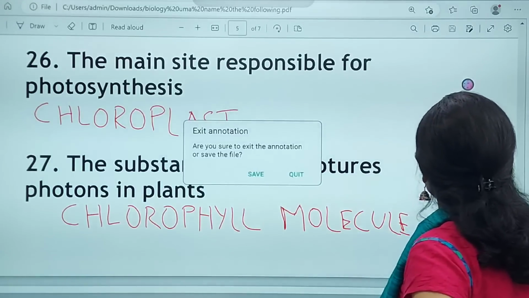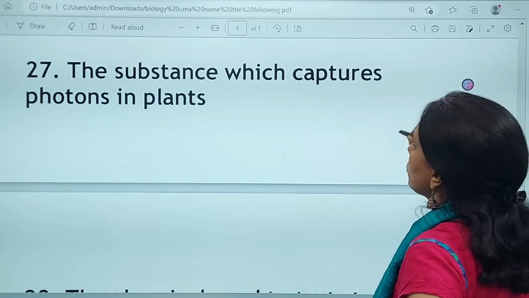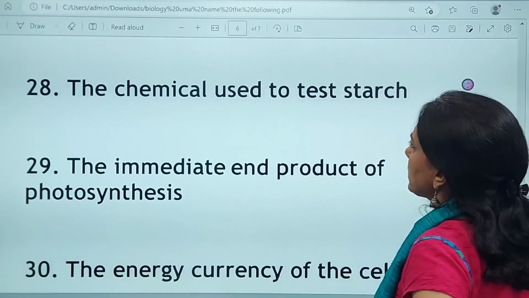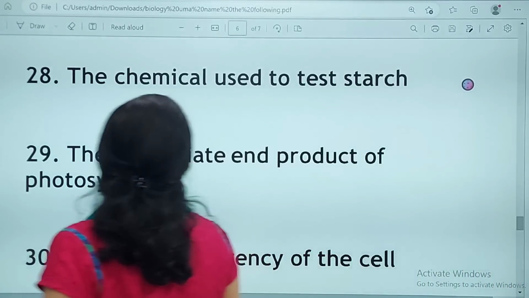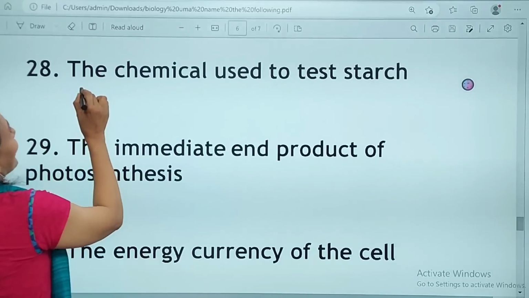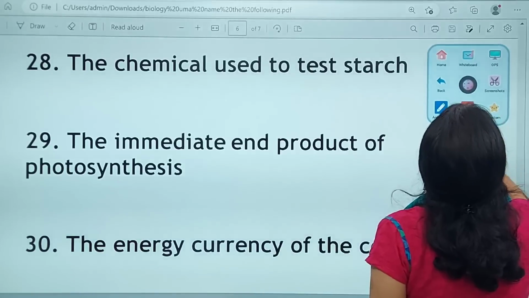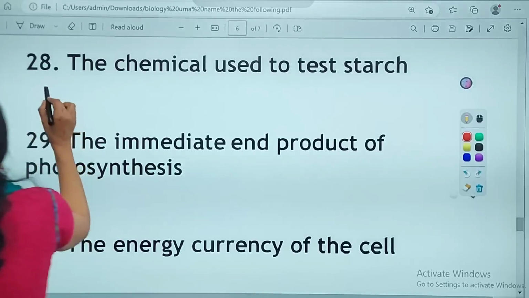Okay. We now go to the next part of it. We are already getting towards the end of this paper. 28th question now to go. Only 7 more. We're going to have 35 in this set. The chemical used to test starch. We spoke about this mineral earlier, but in this case, we are talking about the chemical. The chemical used to test starch. All of you must have done this in your labs. If you haven't, you can try it. It's called